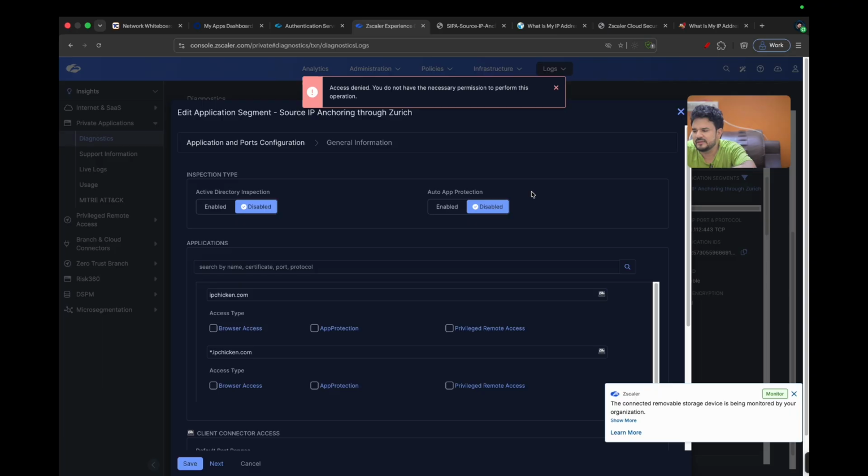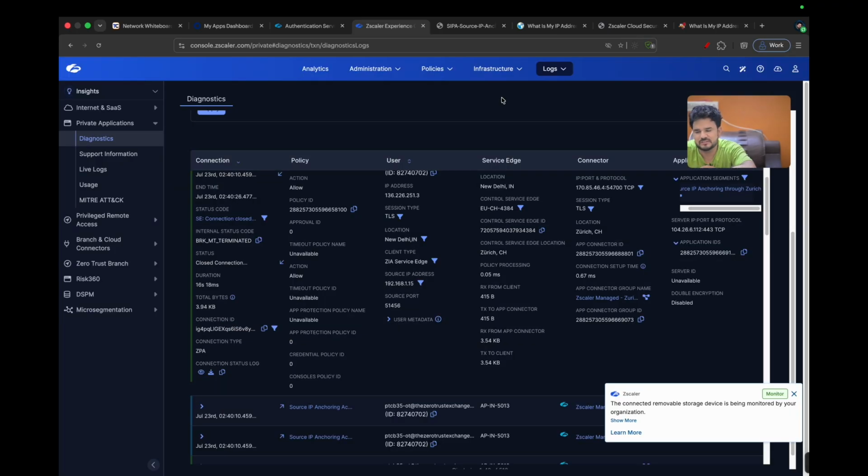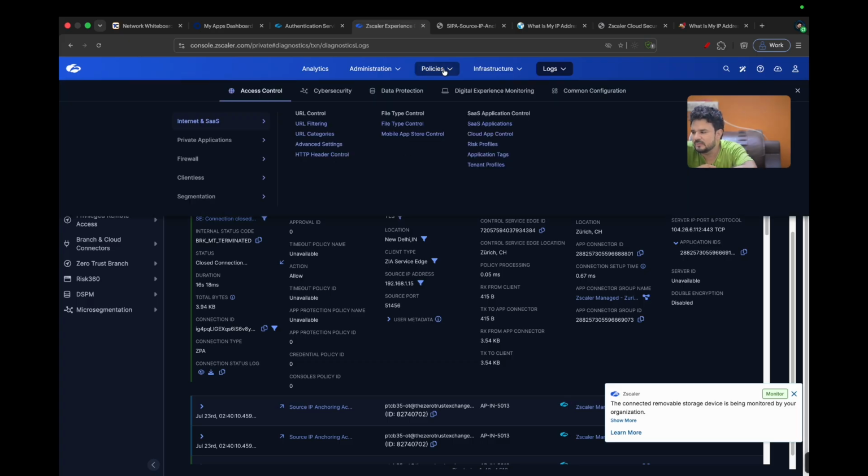So the app segment, guys, how you can get there? Let me tell you step by step because I don't want you to miss any configuration. So you can go under policy. Under policy, you will see